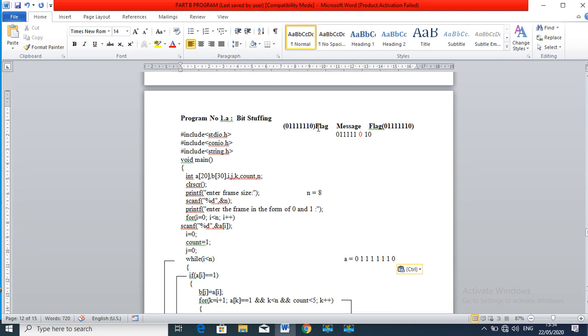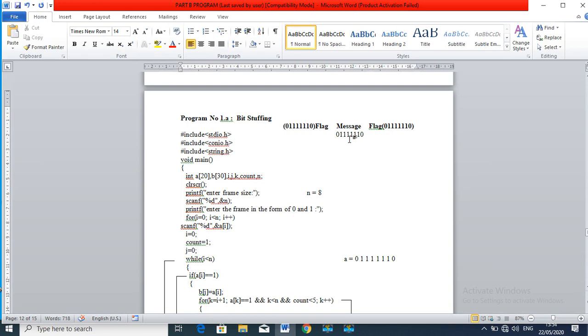The pattern used for the flag is 0, six 1s, 0, on both sides. If this flag, 0 1 1 1 1 1 1 0, appears in your message, then the receiver will think that this is the end of the frame.